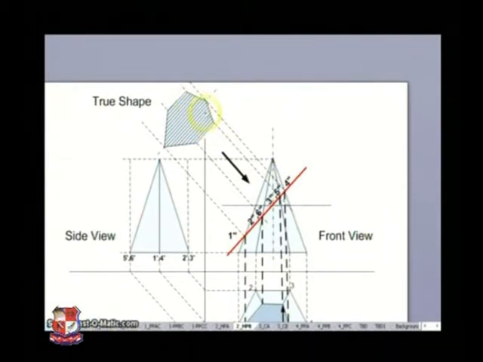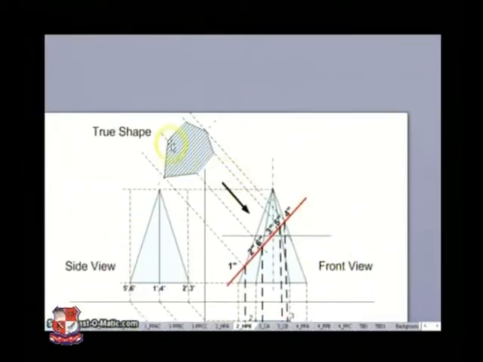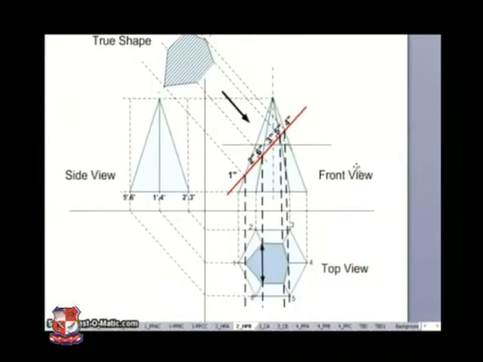these distances. So I need to get that distance that I already got here, and I need to also get this distance here. Okay, this one. Okay, and that distance is represented here. Okay, so once I have those two distances, then I just connect this point here, and that will give me the true shape. Okay, so that's the end of this exercise.